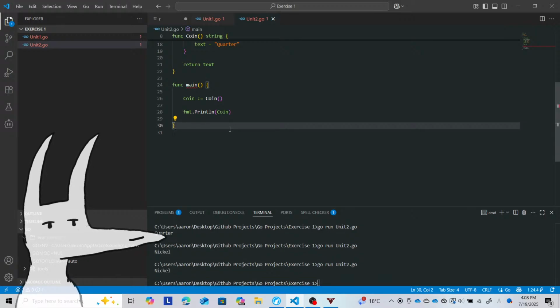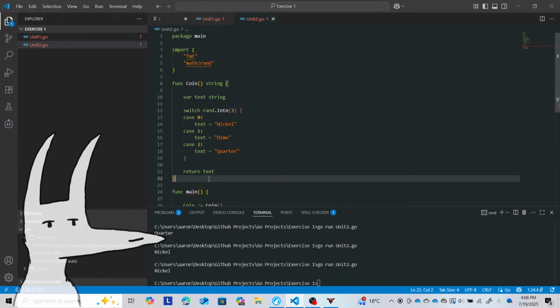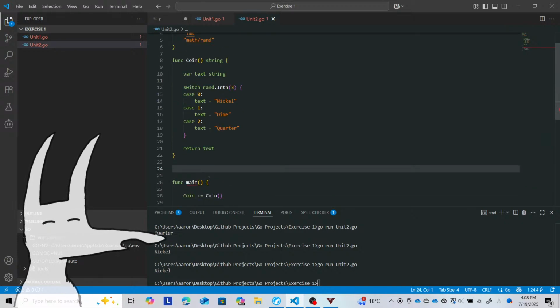Cool. So we have something that randomly generates a coin,